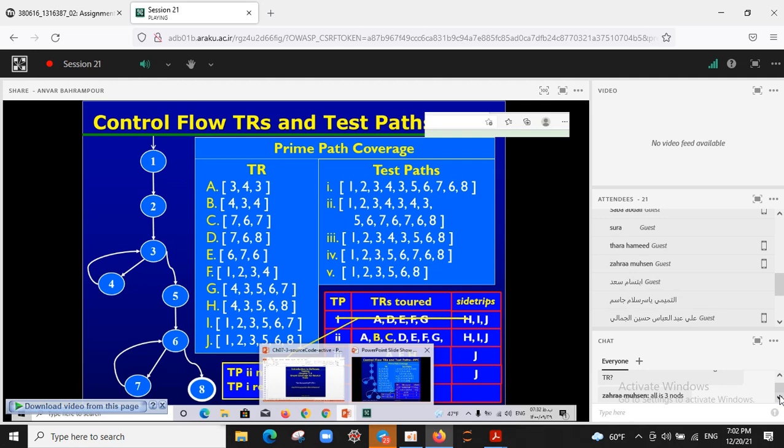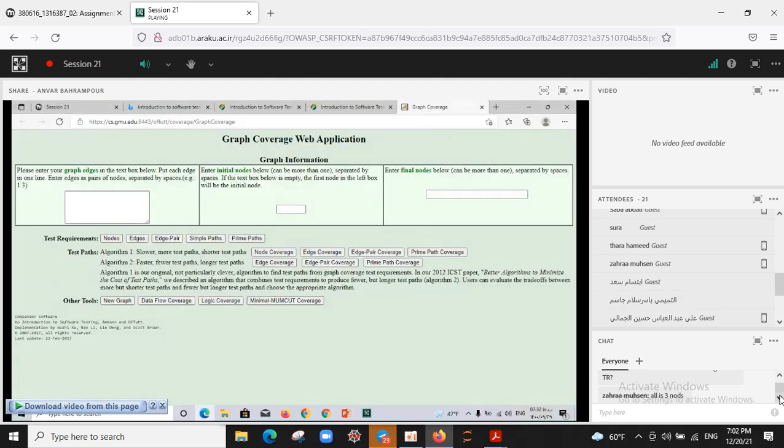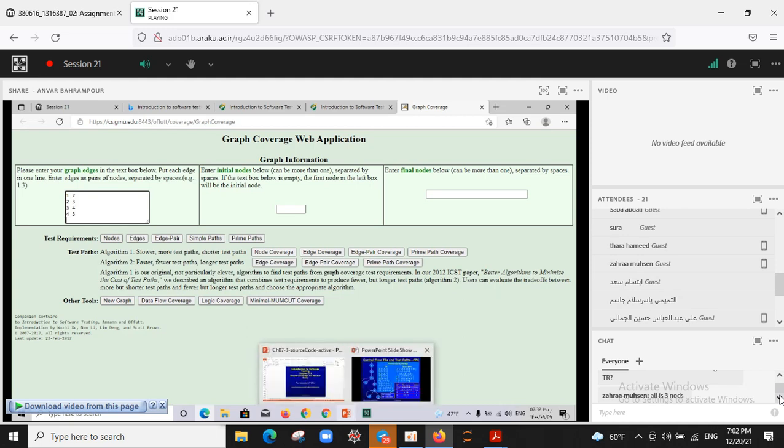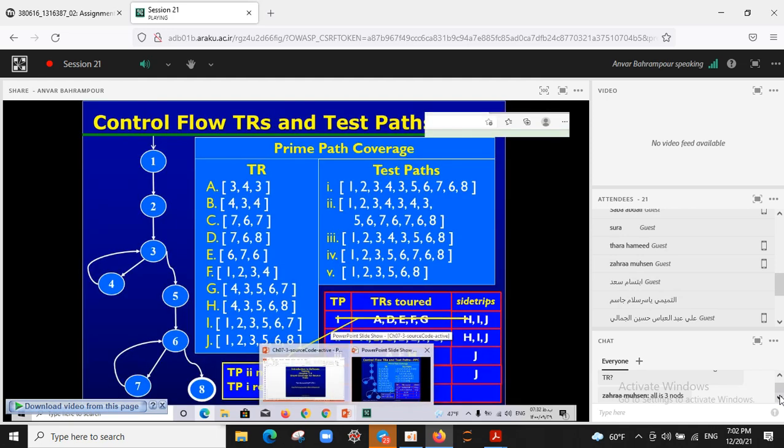The edges should be entered such as the first node, space, then the second node: node 2 to node 3, 3 to 4, 4 to 3 again, and then the other edge, as you see, 3 to 5, 5 to 6,